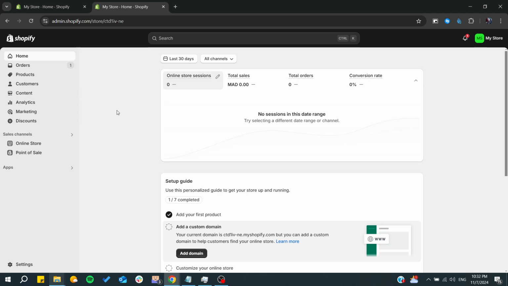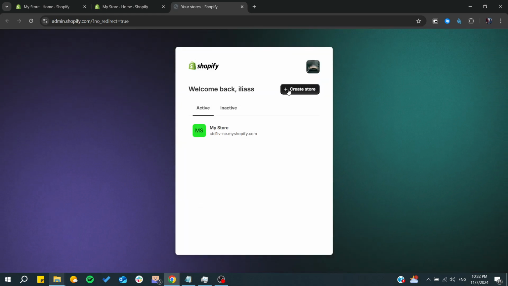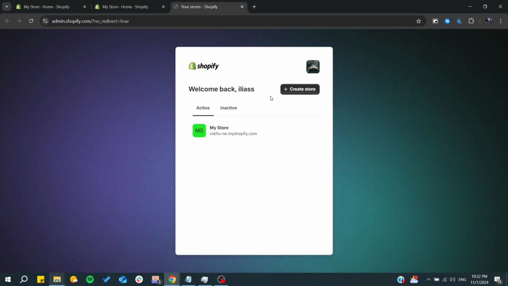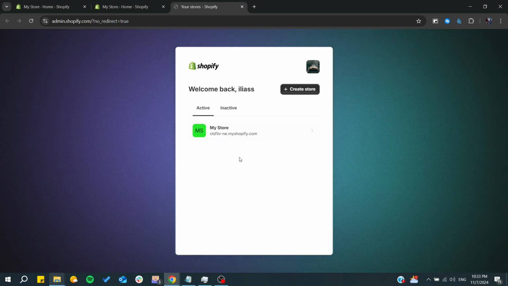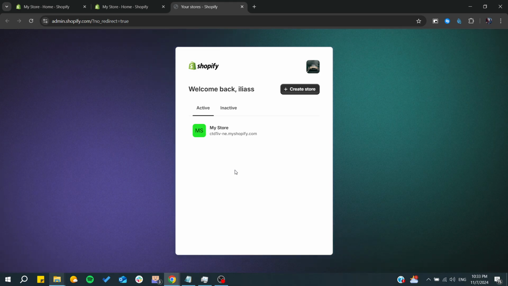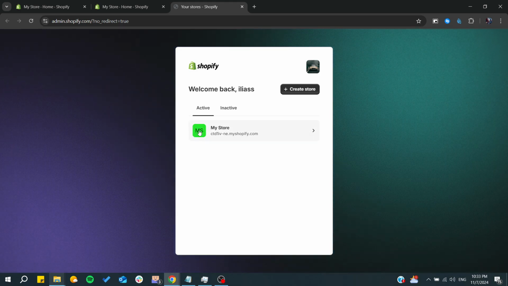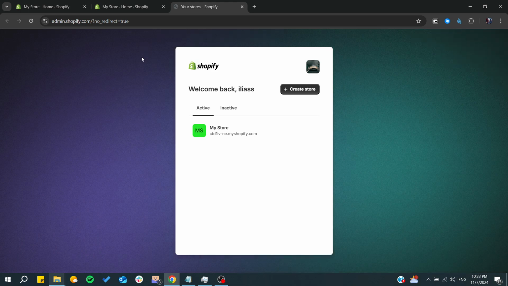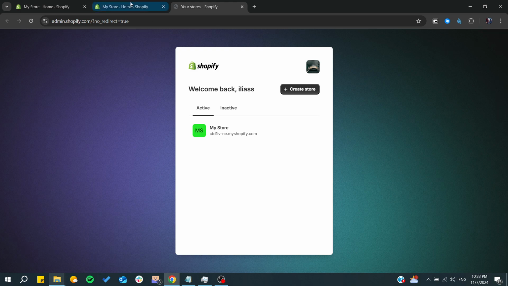So basically, to duplicate the Shopify store, you will need to have two stores. So here you can just go to all the stores and you can create another one. And the most important part is to make sure that the second, or the duplicated, store has the same plan, the same premium plan as your original store, and it's better to have the same theme and the other things, because the process of duplicating a store is not as direct as it seems, but you will